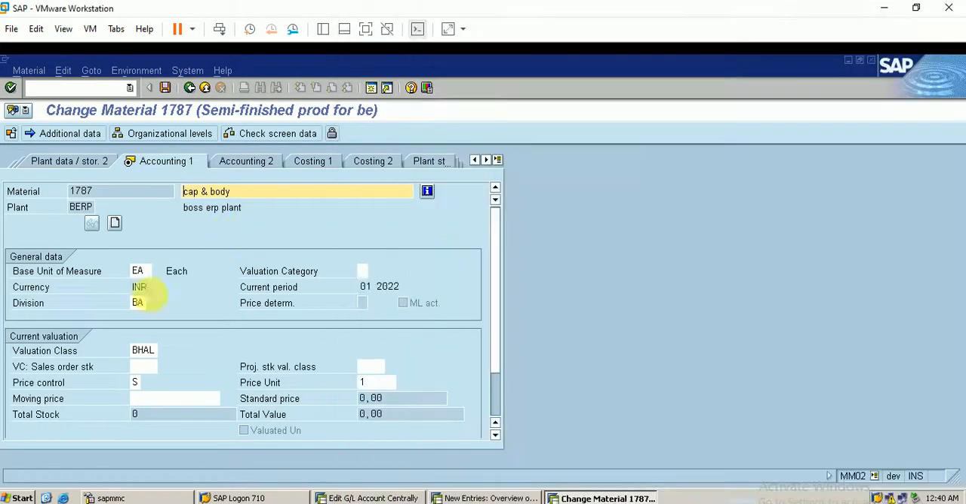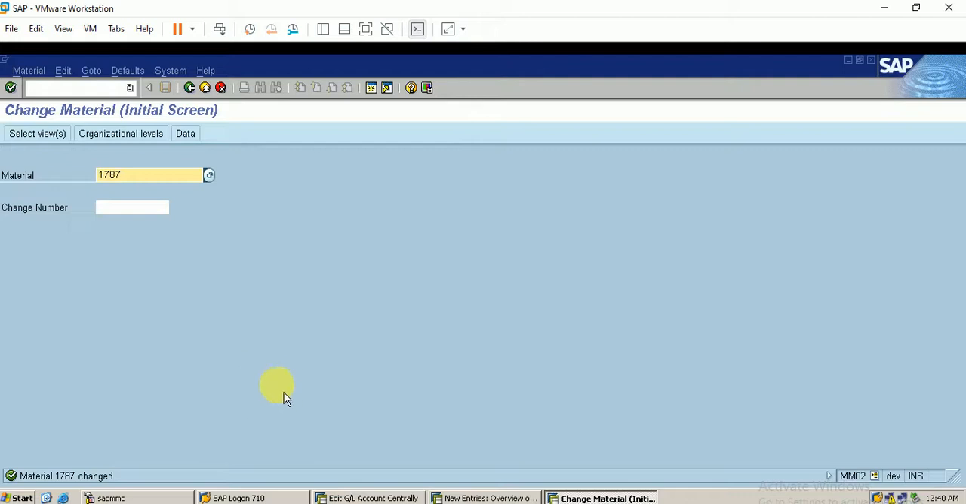Cap and body, that is 22001. Just save it. Okay, I've changed the valuation classes. Now we'll create the